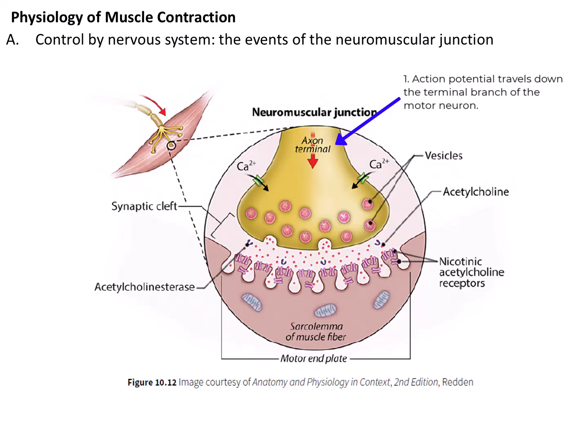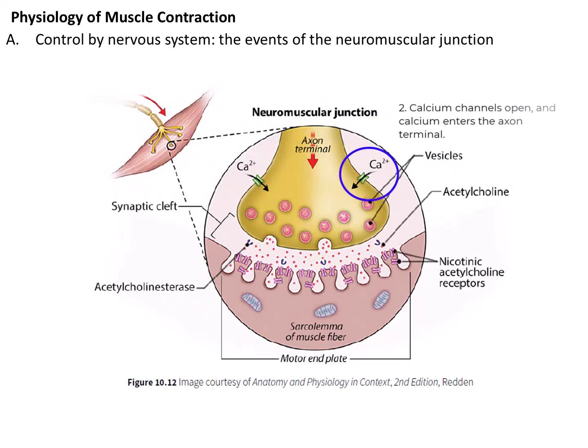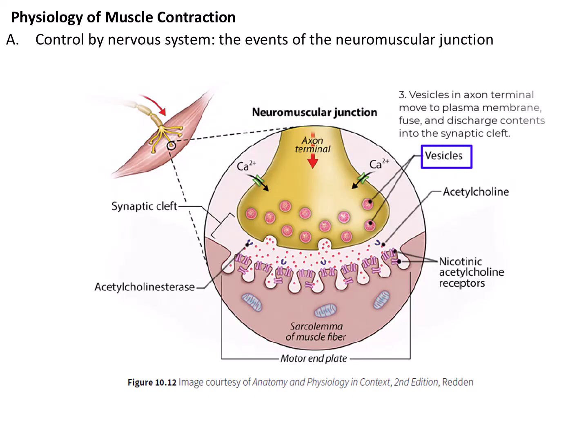When the action potential arrives at the end of the motor neuron, or axon terminal, it stimulates the opening of calcium channels. Remember channel-mediated transport discussed during the cellular level of organization? This is an example of where that type of transport is important for cellular function. As the calcium ion channels open, calcium ions will move into the axon terminal from an area of high concentration to low concentration. The entry of calcium ions stimulates vesicles containing the neurotransmitter acetylcholine to move toward the membrane, fuse, and discharge their contents into the small space between the axon terminal and the muscle cell called